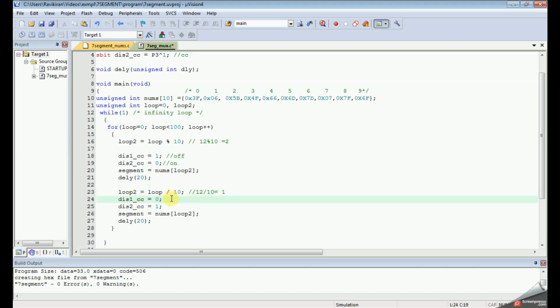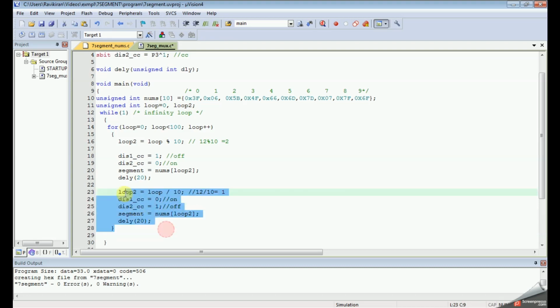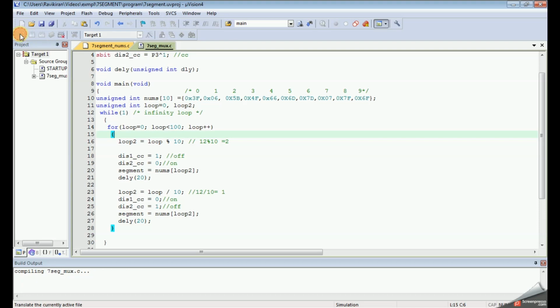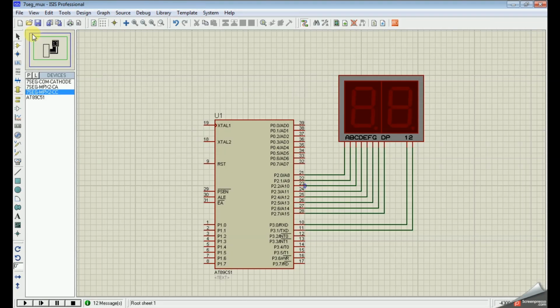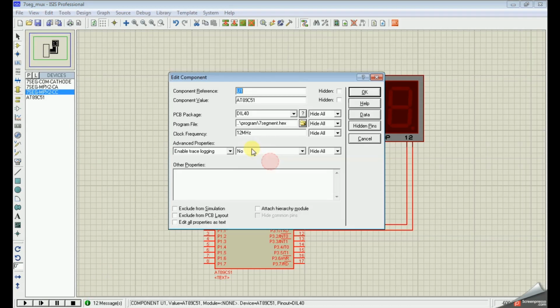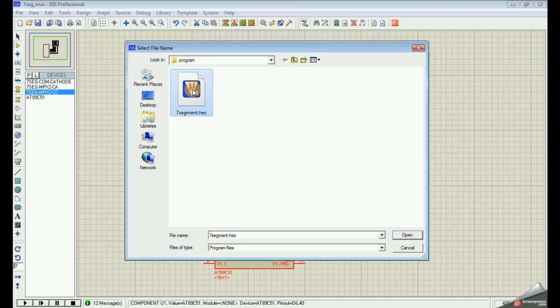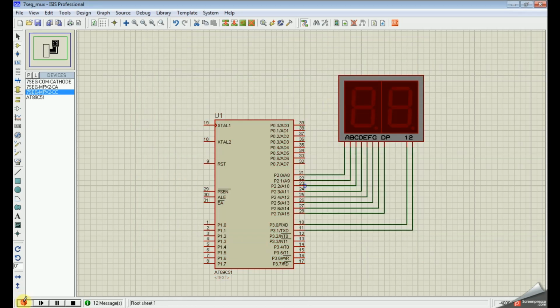Now at this time display 1 is turning on and display 2 is turning off. At that time I am writing this data to the segment, with the same lines of code, and there is a delay. It is a simple logic. Just try to execute this. Flash the software and play it. As you see, it is displaying numbers from 0 to 99,